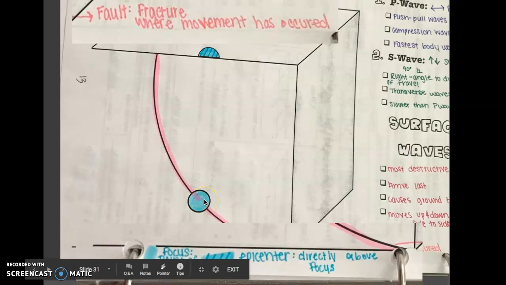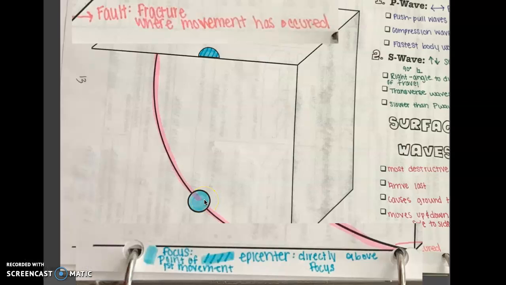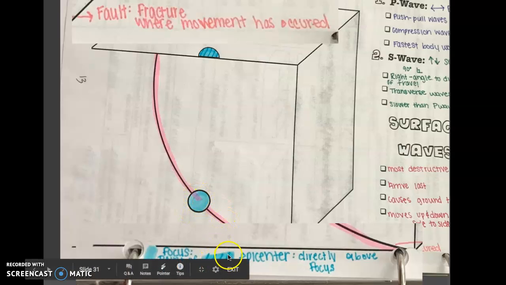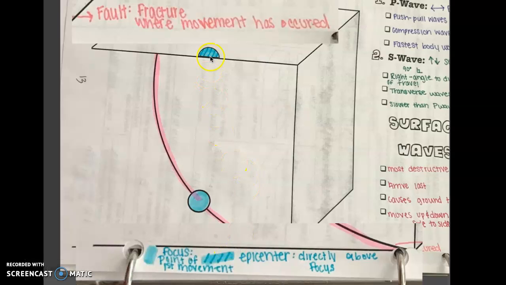Remember, the focus is the point where the earthquake starts, or the point of first movement. That is right here. The epicenter, which is blue with a striped line up here, is the point directly above the focus. So remember, you can't see the focus because it's underground in the crust, but the epicenter is right